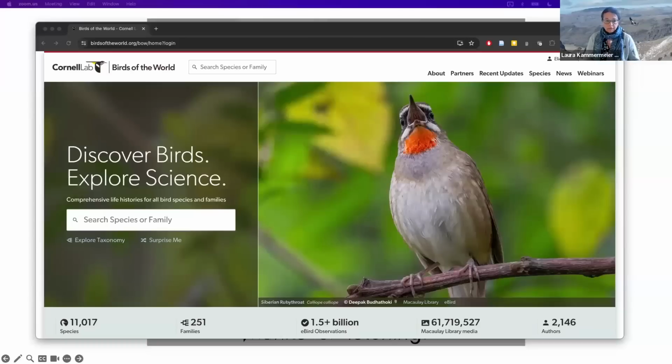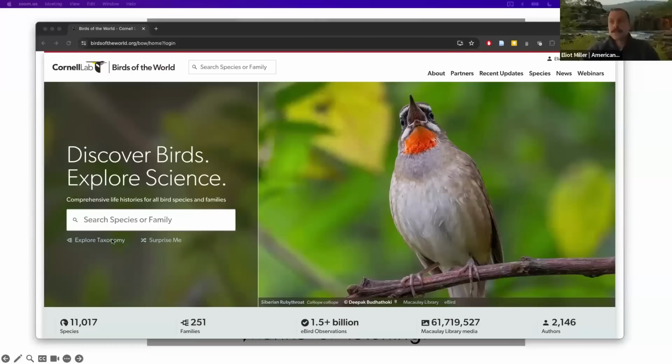Yeah. So someday this will be incorporated into Birds of the World. It might be a year, might be 2 years, but we hope to have it there so that you can search species by that. And when you're working on a clade, for example, rather than a species group or a family, it's going to be easier to find that research.